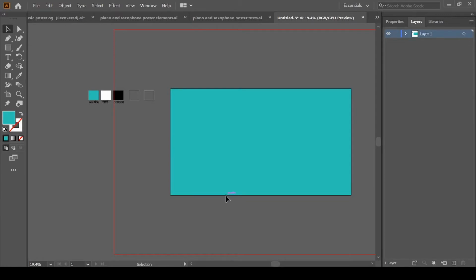Now if you have seen the video intro, you would have seen the wavy piano shape. So let's make it. Grab the rectangle tool, M for rectangle tool, and make a rectangle.